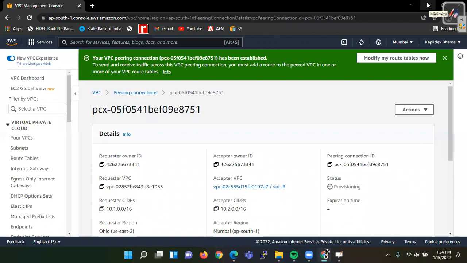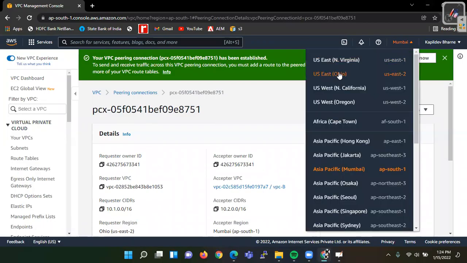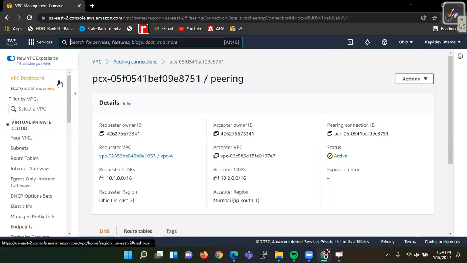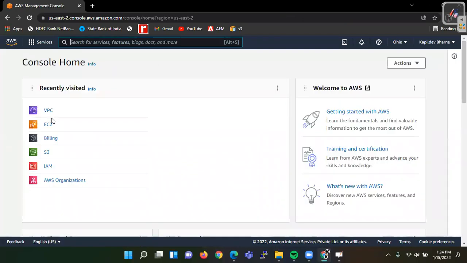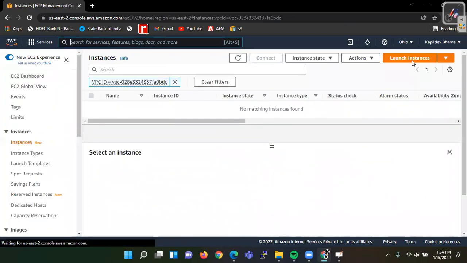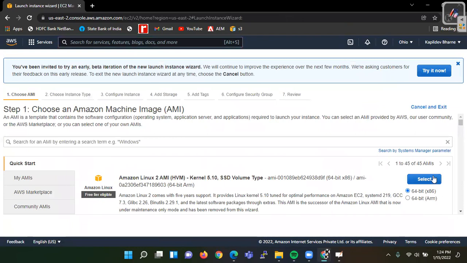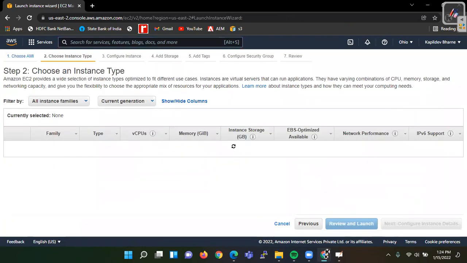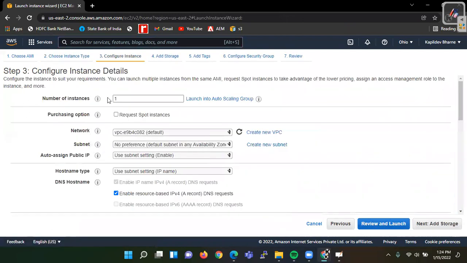So what do we do here? First we go back to the Ohio region and let us create instances on this, without modifying the route table. See, we have these EC2 instances, and we launch an instance. So we select the basic AMI, the first AMI. Click here, and then here